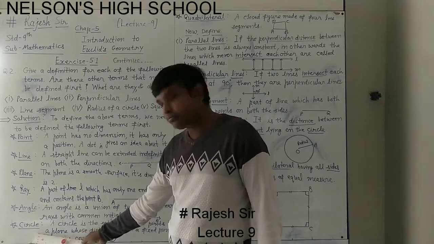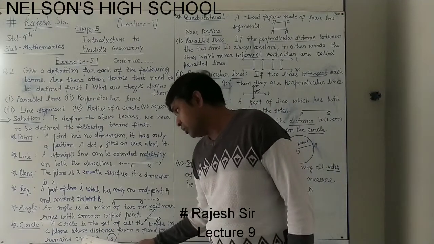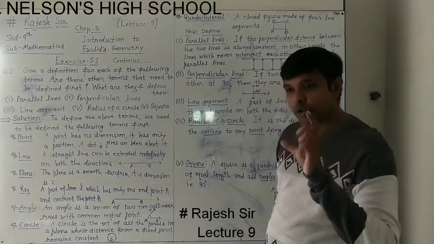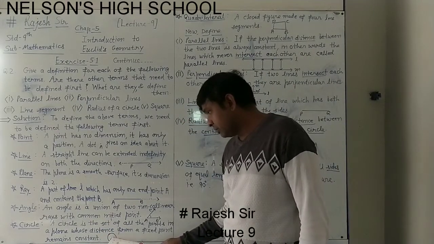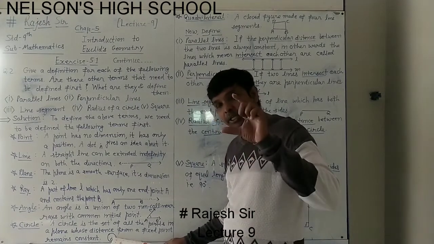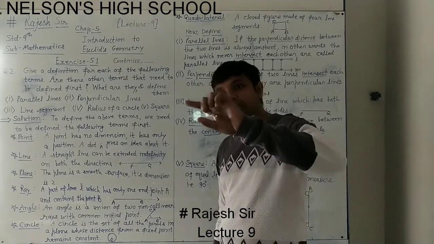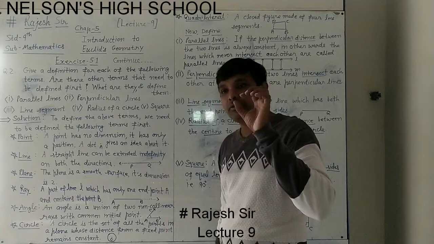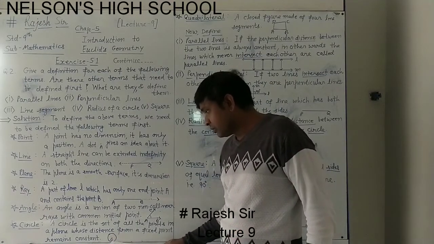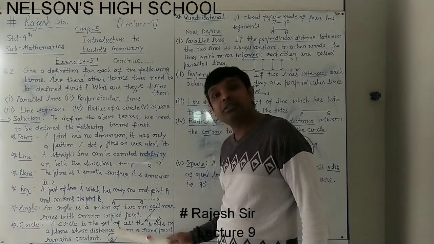Next is circle. A circle is the set of all the points in a plane whose distance from a fixed point remains constant. To draw the circle, what do we do? We take some center, some fixed point. This O is a fixed point here, and we take some radius. With a compass, you take some length and put it on the plane, and you draw the circle. It means that from that fixed point, all the points of the circle are at a fixed distance. So this fixed point is called the center, and this set of all points is called the circle.